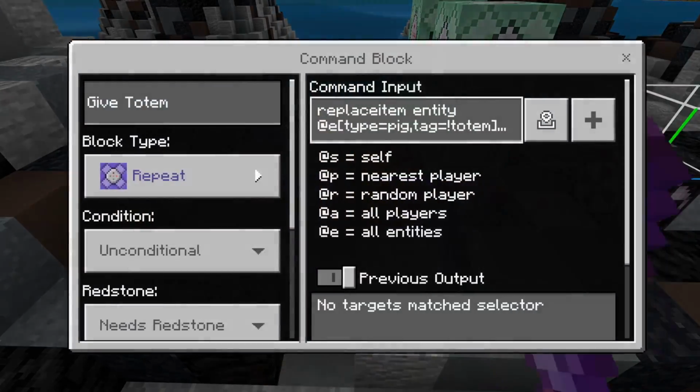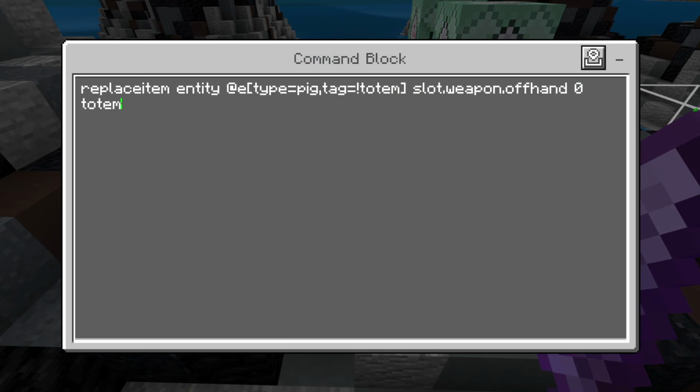All we're really doing, first of all, is choosing what type of mob. So in this example, I just have a pig. What type of mob we want to have custom loot. What we do is we give that mob a totem of undying. And you can see that only happens if the pig doesn't have the tag totem. And this is putting it in their offhand, so that way when they die, the totem's actually going to get